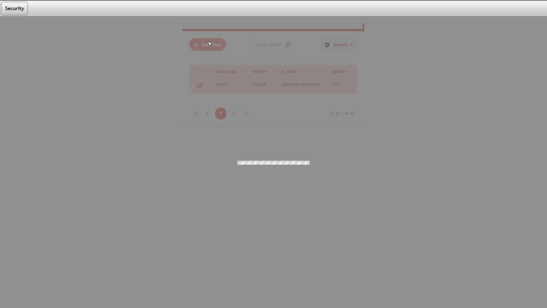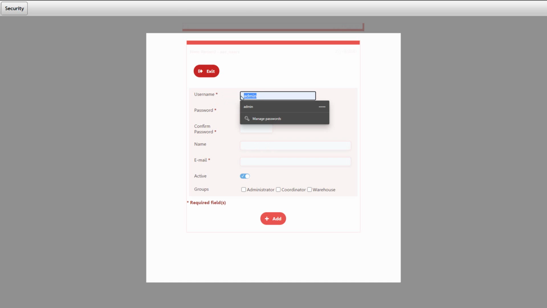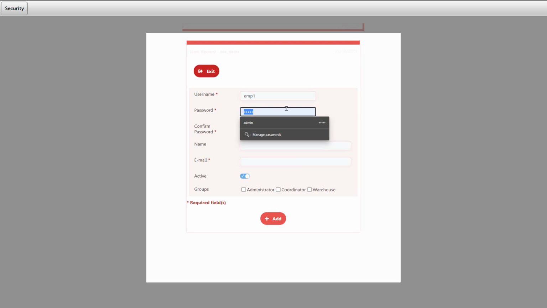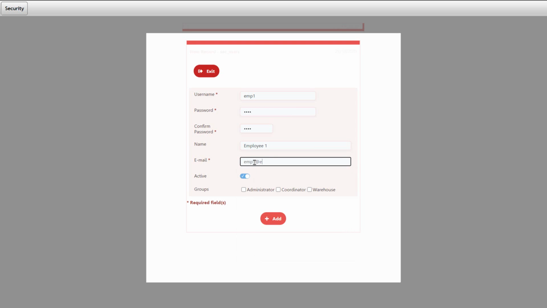So then I can come here now, add 3 new users, emp1. And I'll say password emp1, confirm password emp1. Name employee1, emp1 at emp.com, and then in this case we'll call it warehouse. Add,